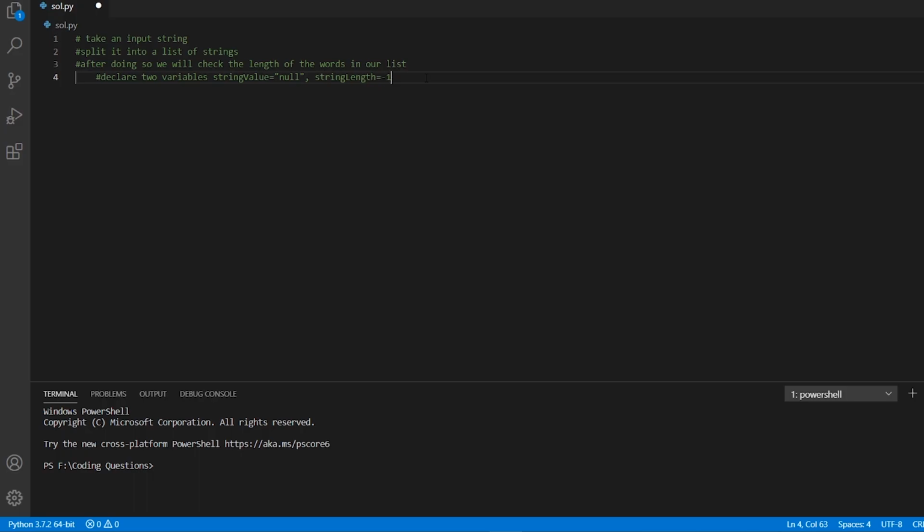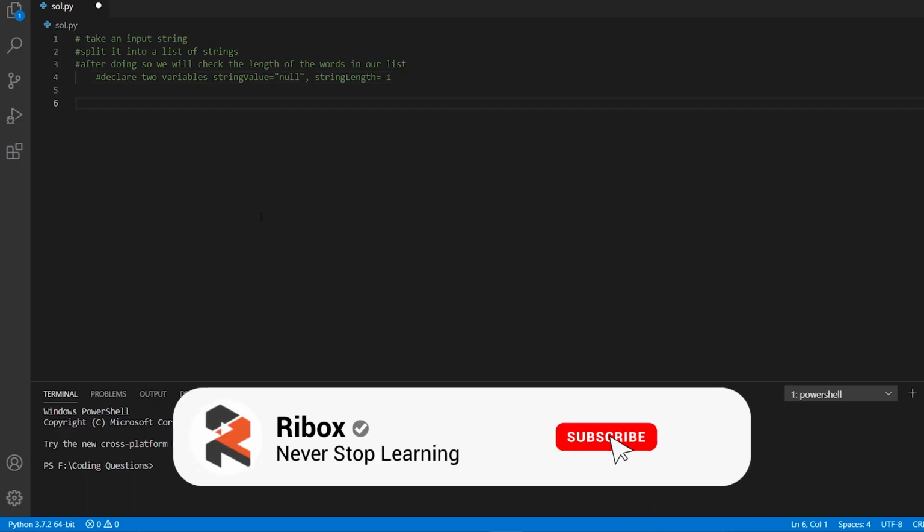So this is the basic approach which we are going to follow, and in this question I will be showing you two different approaches. First of all, direct code, which means that we are taking the input and giving the output. And the second one, in which we will be demonstrating what if it was a code section in which you need to code and all other code is already written for you and you cannot change it. So what we can do in that case, we will also discuss that. So let's start by writing up what we want to actually do.